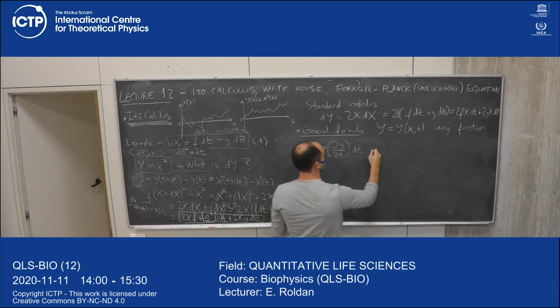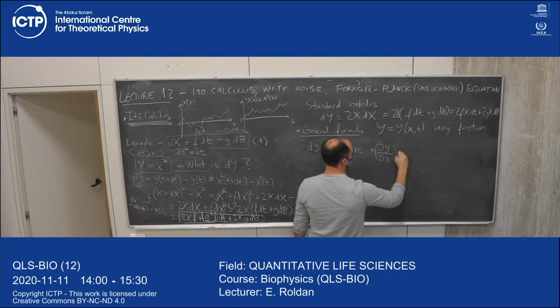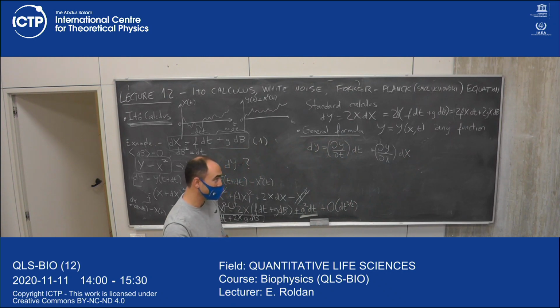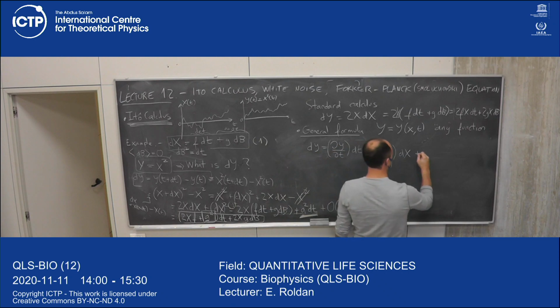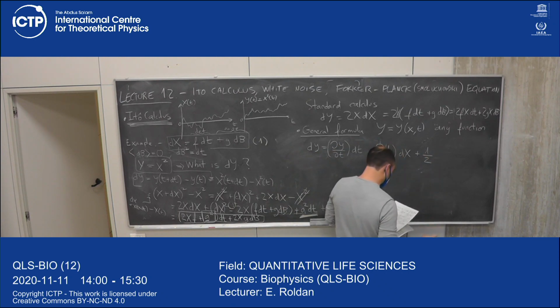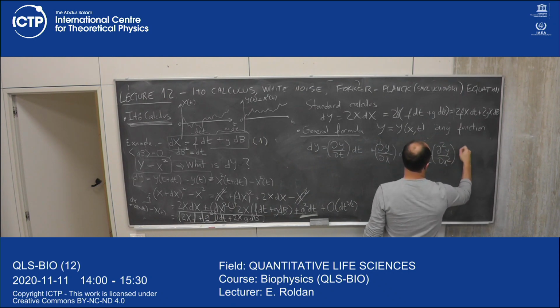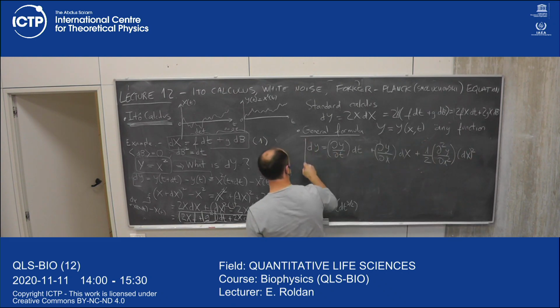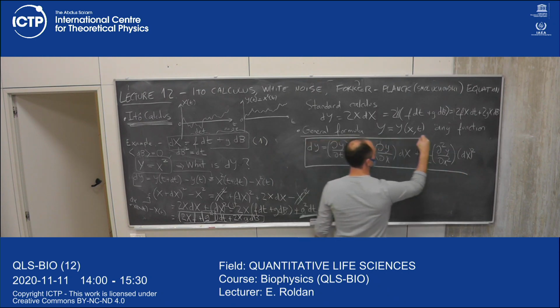Then we say, partial derivative of y with respect to x, dx. This would be standard calculus, but now we have to go one step more, adding 1/2 the second derivative of y with respect to x squared, dx squared. Okay? This is the general formula that you have to remember,